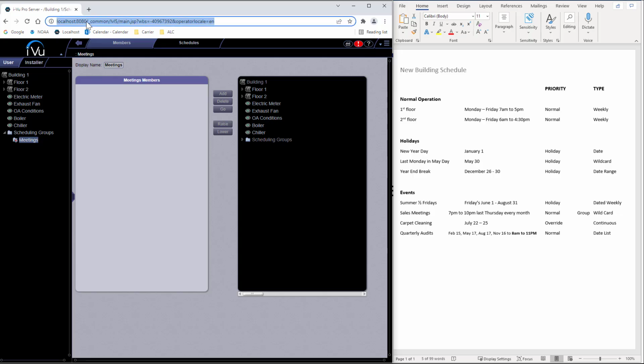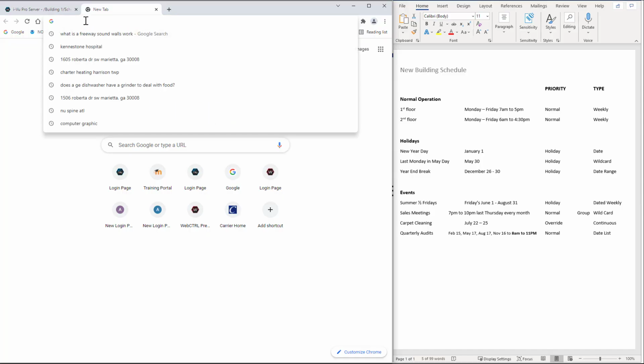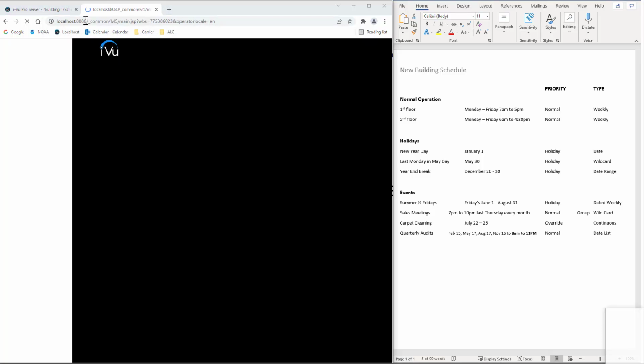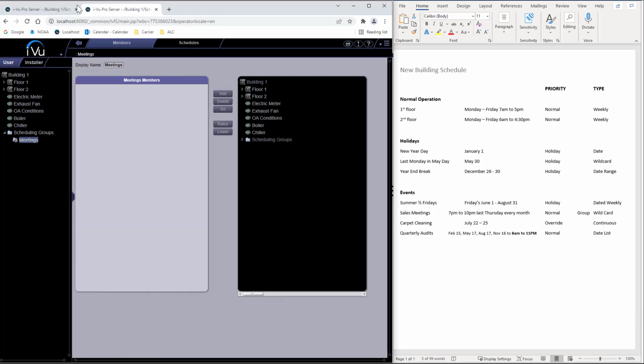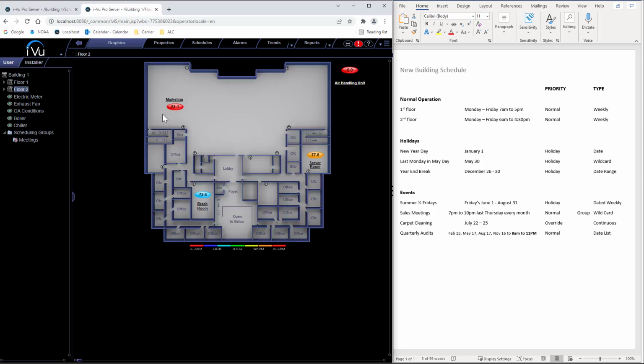This is a trick where you might want to copy the address of this tab that we have open for iView, open another tab, and simply paste it. Now we have two iView tabs open. In this one, I can shift to look at my overall floor plan. On floor 1, I see my lobby zone. On floor 2, I see marketing, and I also see the break room that I want to have included in this group. I can switch back to my original tab,